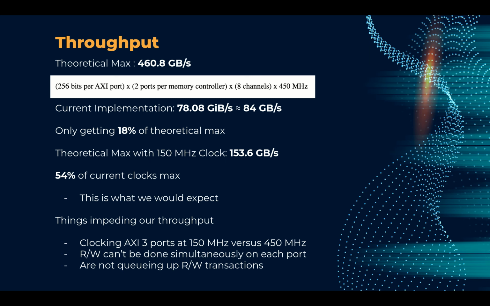So we are only getting 18% of the theoretical max. Our clock rate for our AXI is currently only at 150 megahertz. So if we use the math they already did to calculate the maximum throughput at the correct value, then you can find that our theoretical max is actually only 153.6 gigabytes a second, which is 54%, which is approximately what we would expect because